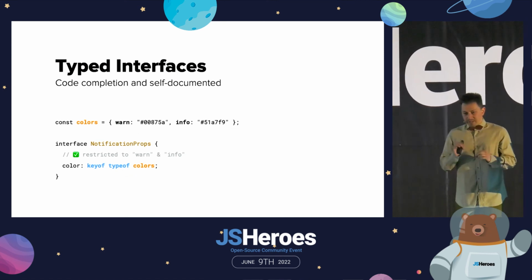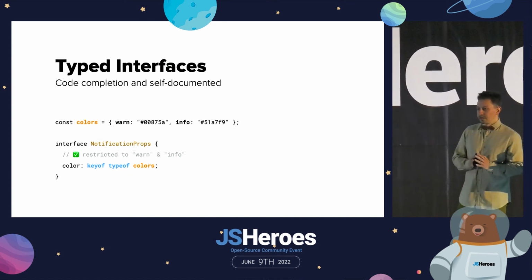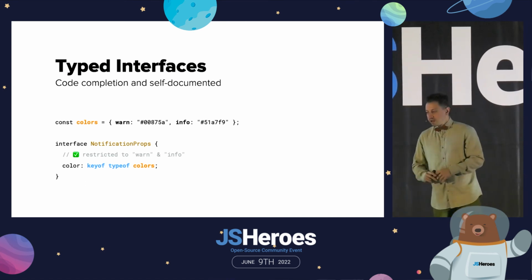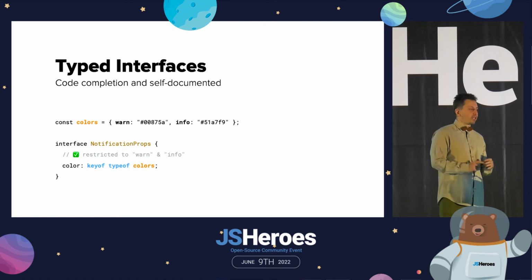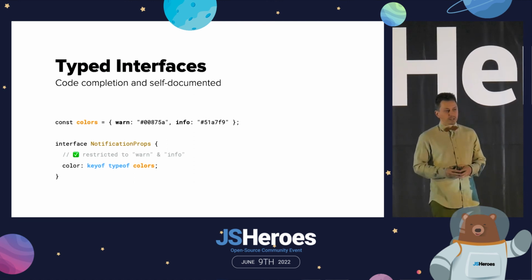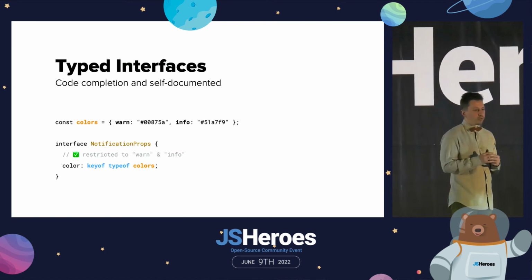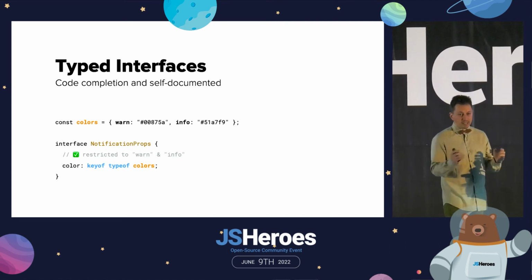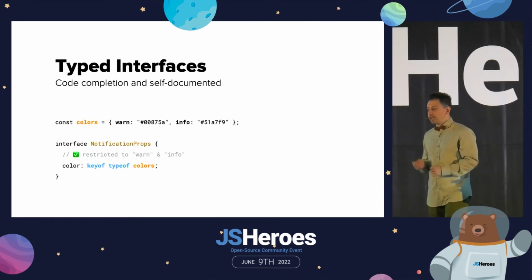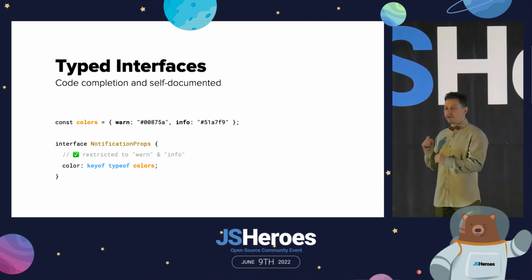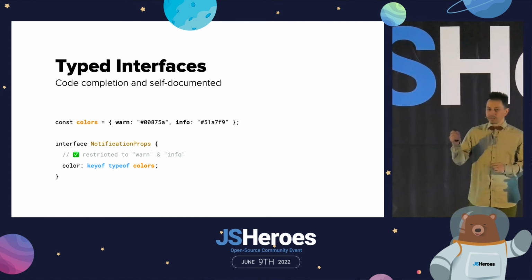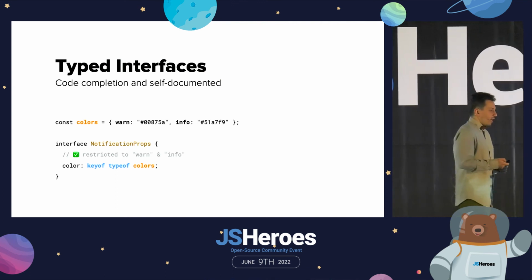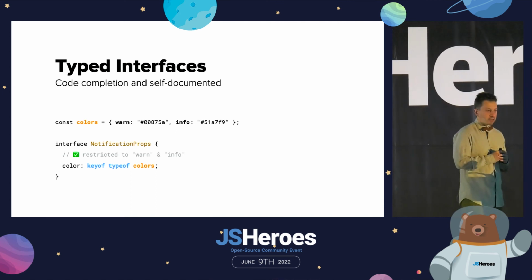Now, with a type system, we can go even further. It opens new doors, new possibilities. One of them is to define typed interfaces for our components, which are really useful when we have to implement component variations, for instance, or design systems. We can restrict the input of the components to specific values instead of applying various, I don't know, if checks in the code. And this is beneficial to everyone.